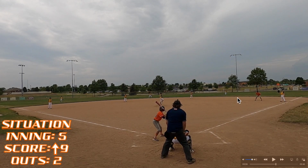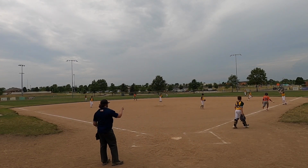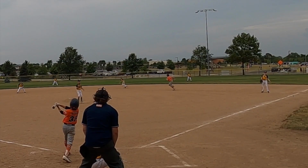Okay, now here is a situation: runner on first, 2 outs, 5th inning, up big, late in the game, steal sign is on. And so we'll watch this play through. So steal sign's on, he's taken off, fly ball is hit in the infield, runner pulls up kind of at second base initially and then takes off. So what the third base coach is telling him is,